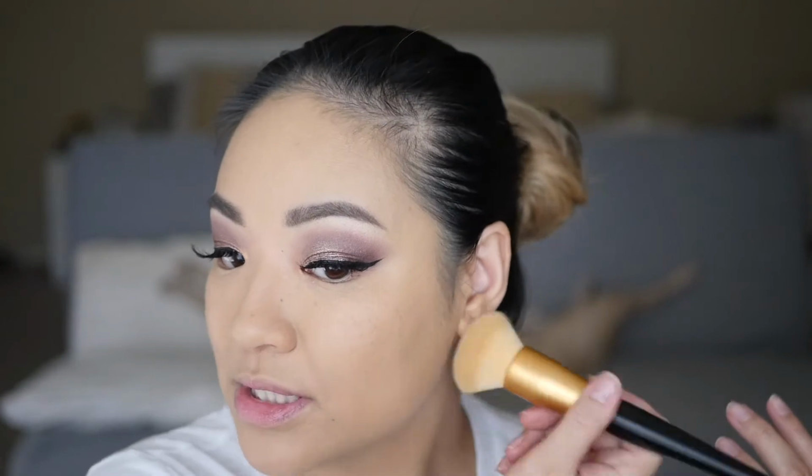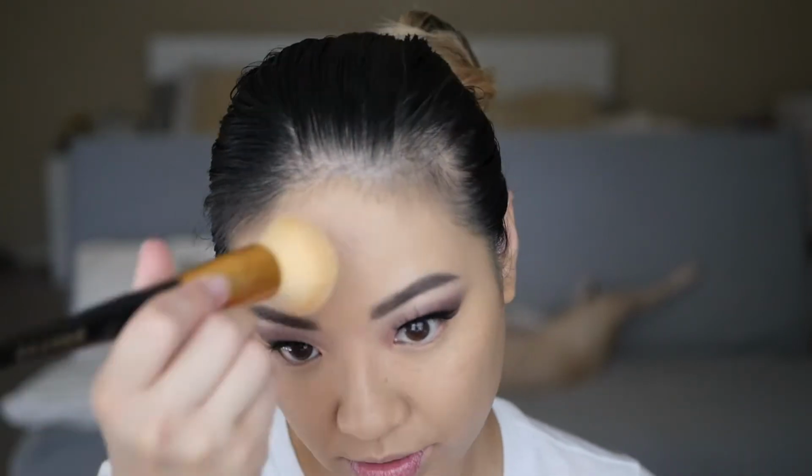Okay, excellent. So that is the Giorgio Armani Luminous Silk. It is a cult favorite to a lot of people. I don't find it super dewy, but it's not a flat matte. For me, I would say it's pretty natural looking. I wouldn't even say it's super luminous on me. I am going to end up setting this, but I have a bunch of cream products that I want to